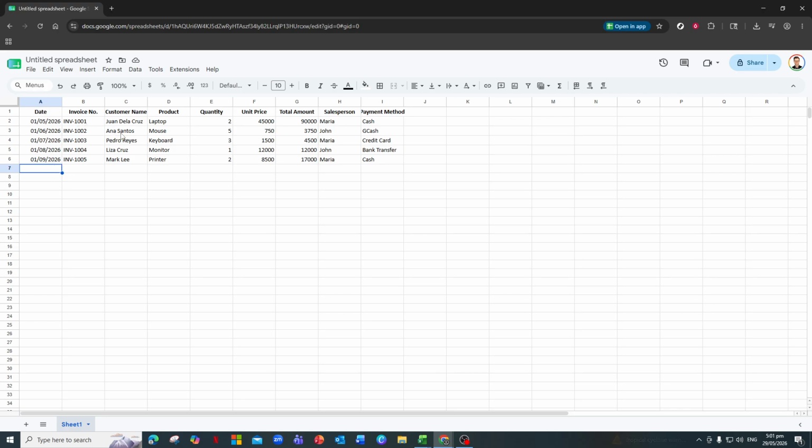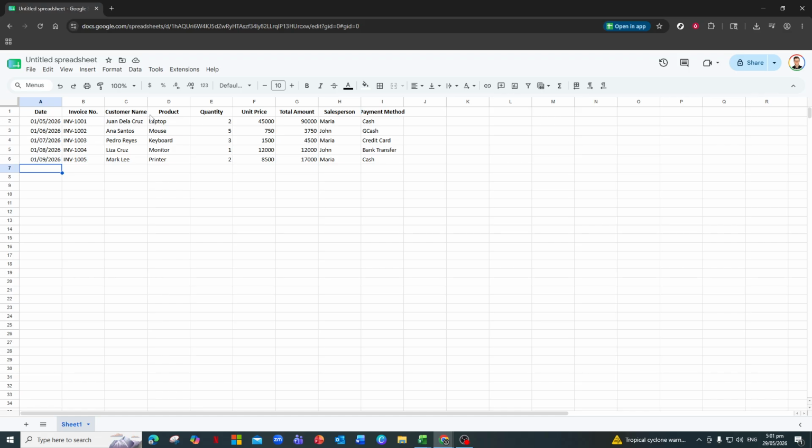Make sure you're looking at the correct tab or worksheet where your data lives. It helps if your data is in a clear table format, with headers across the top row such as name, date, status, or whatever matches your sheet. Filters work best when Google Sheets can clearly recognize those headers. Now, instead of using the regular filter, which changes the view for everyone, we're going to use a feature called